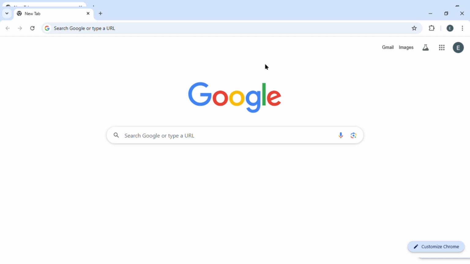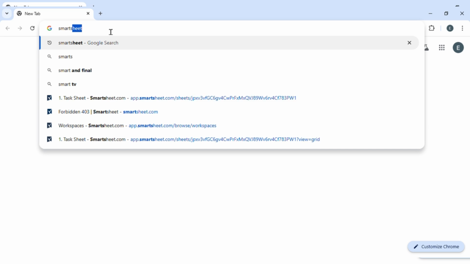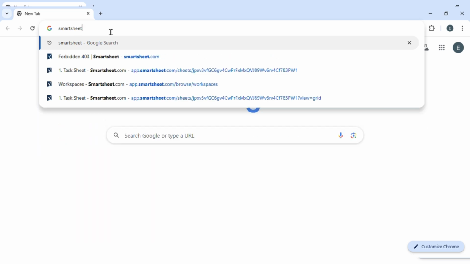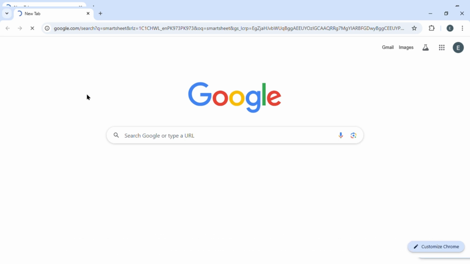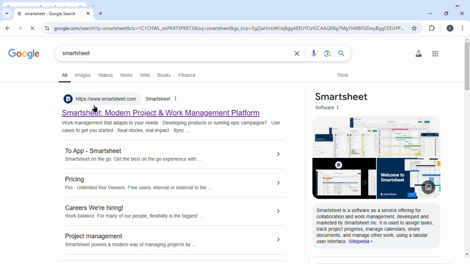In today's video I'm going to show you how you can log into your Smartsheet account. So let's get started. First of all, open any browser and go to the search bar and search for Smartsheet. Once you press enter, you'll be able to see a couple of options in front of you. You need to click on this one that says